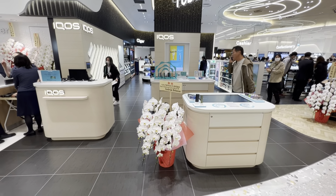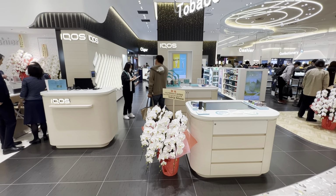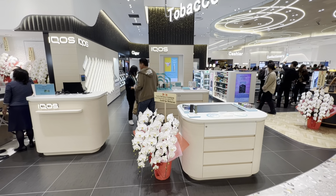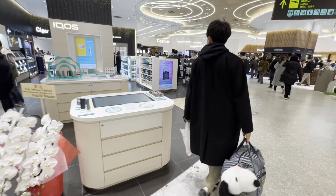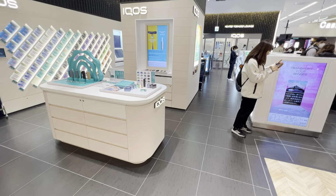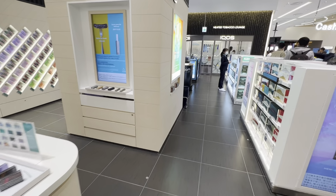This is where the brand has really made its mark. I was here at the global launch of one of their new generation products just a few years ago, and it's had tremendous success here, and you'll see some evidence of that in the weight of space that IQOS has got here,